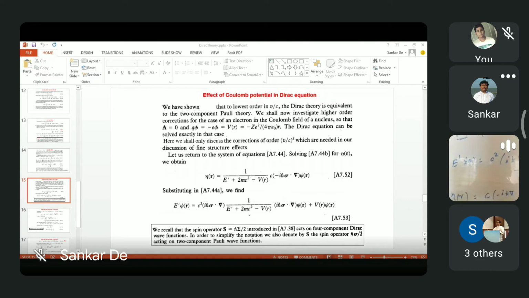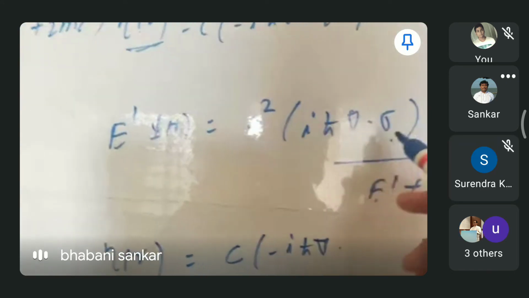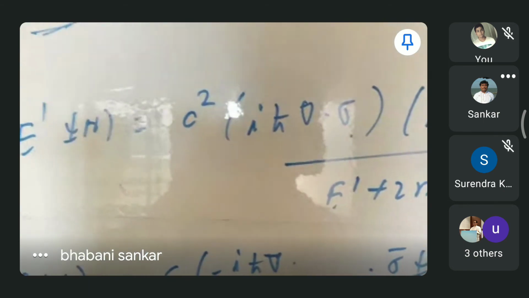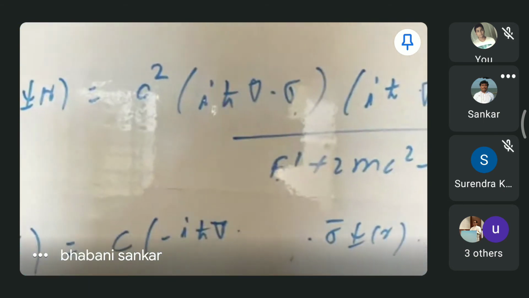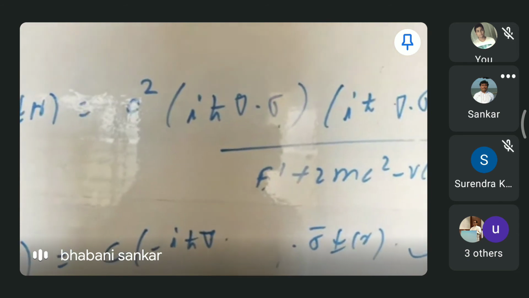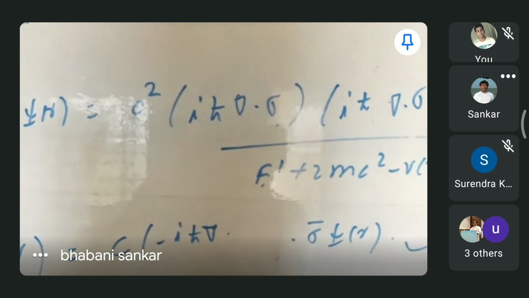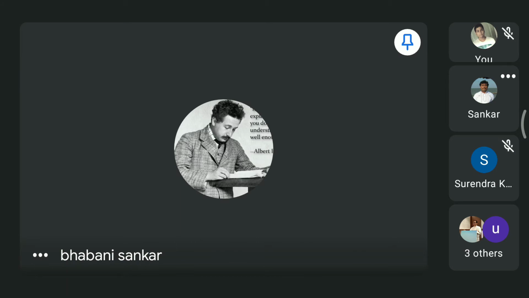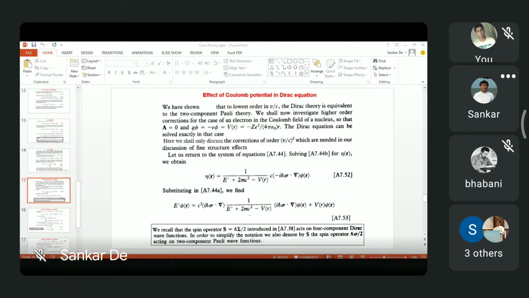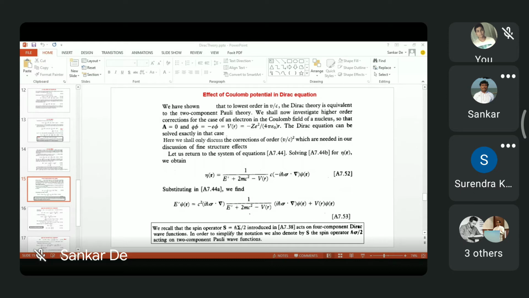I think in the equation it is sigma dot delta, but as it is a dot product, it doesn't matter. We can, of course. Is it all right, sir? Yeah, fine. So everybody else can follow, right? Yes, sir. Okay, then we can move on.